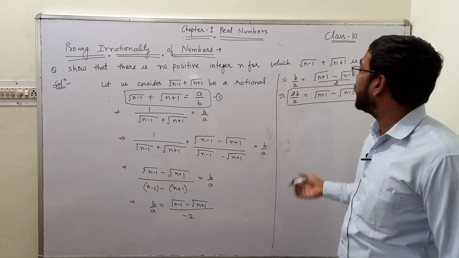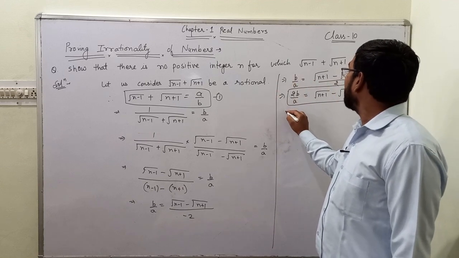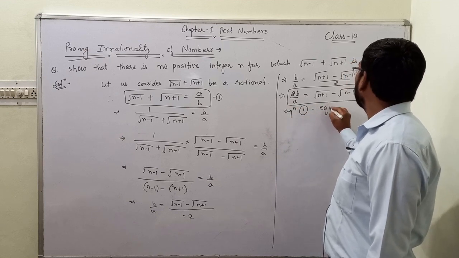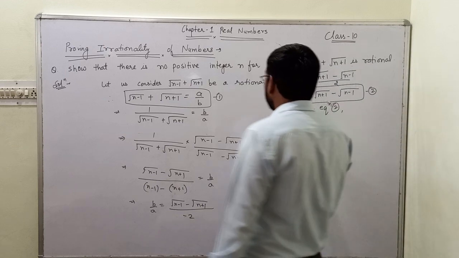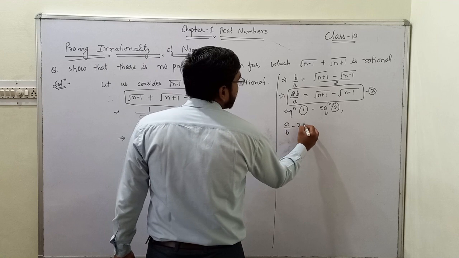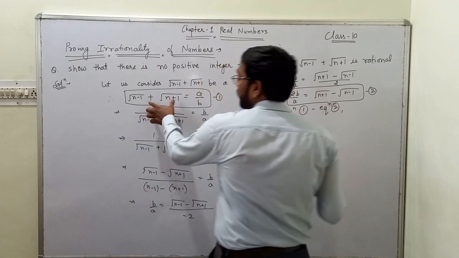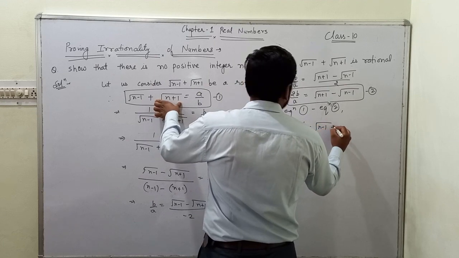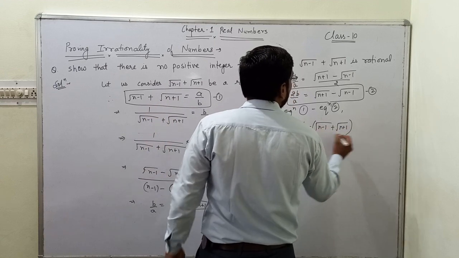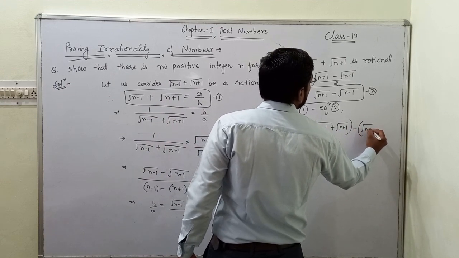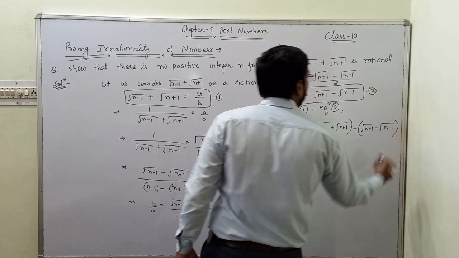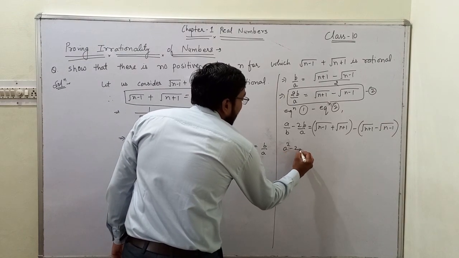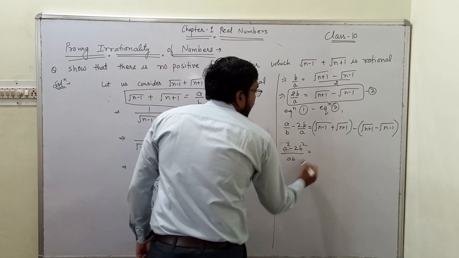If I subtract equation number 2 from equation number 1, what I will get is equation 1 minus equation 2, we will get a upon b minus 2b upon a equals to, the expression on the first equation is root over n minus 1 plus root over n plus 1, and from equation number 2 we get root over n plus 1 minus root over n minus 1. Okay, now solving these expressions we will get a square minus 2b square upon ab equals to